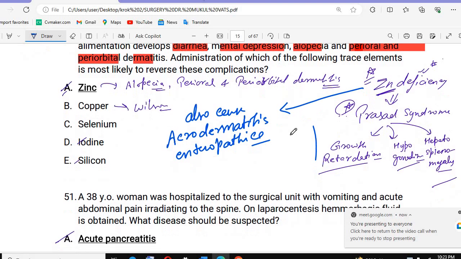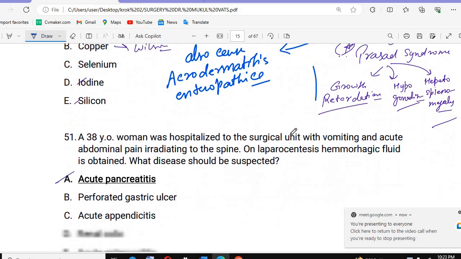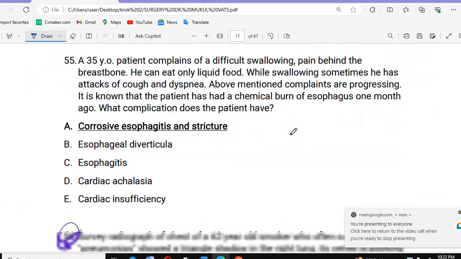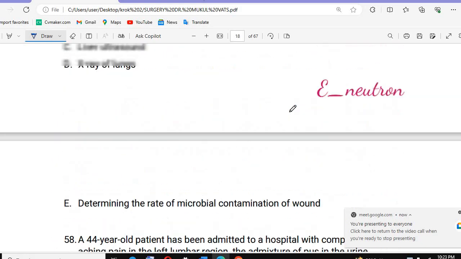Okay. So there we have it, it also causes acrodermatitis enteropathica. Then let's continue further onwards, and we were on the question number,